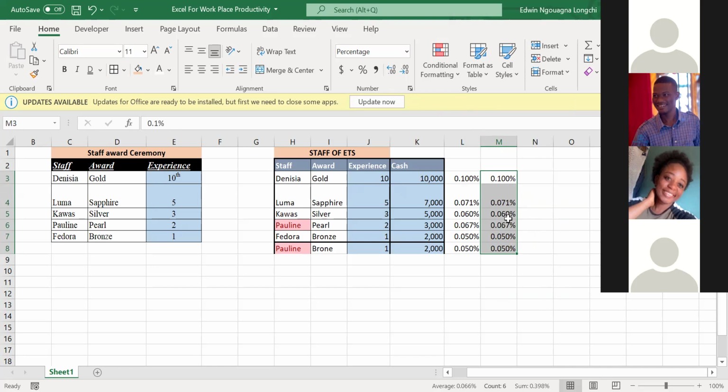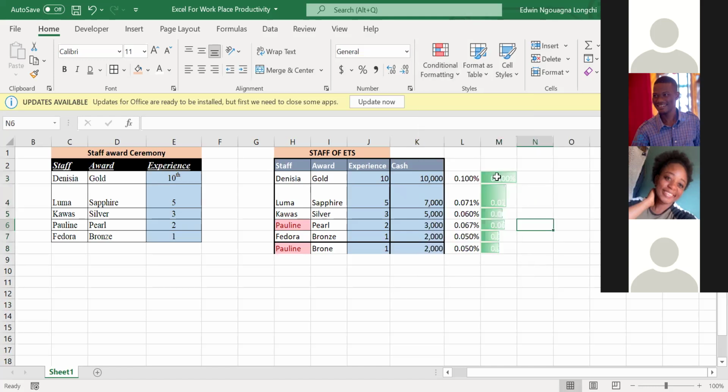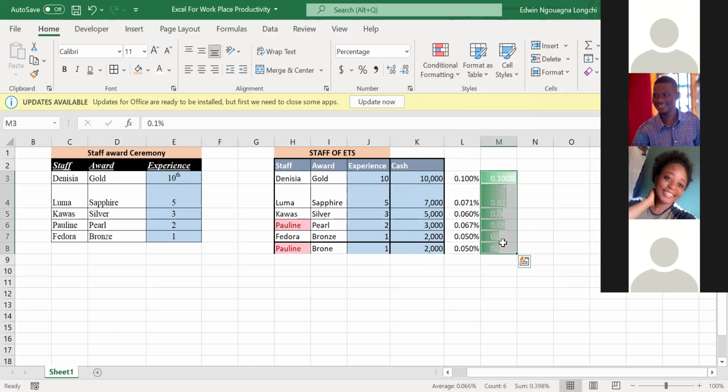So what do I do here? I will change this text color to white. If I change it to white, you won't see anything. Have you seen anything there? There's text here, but I've changed it to white. How will I do it? I will simply highlight, come to conditional formatting, and take data bars. That text still shows, right? That trick hasn't worked here because the color of the data bars will still show. So sometimes I make this text resemble the color of the data bars so that it won't show. That's just what I wanted to show you guys.